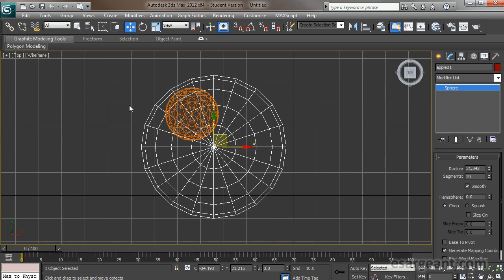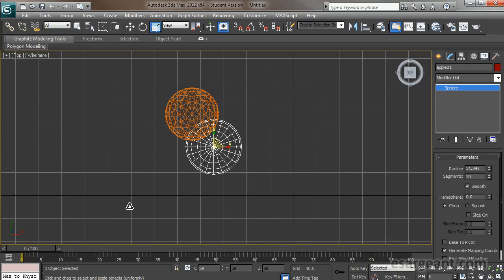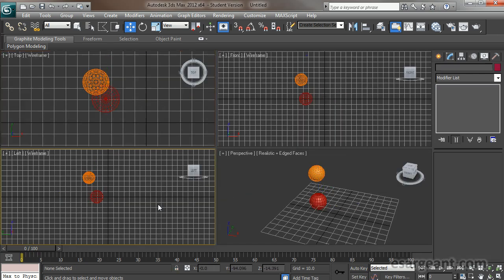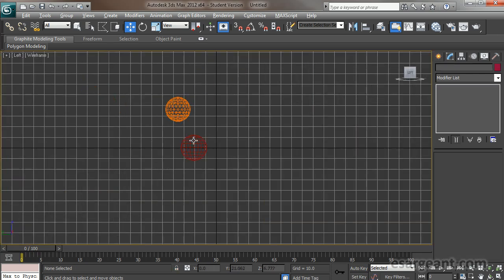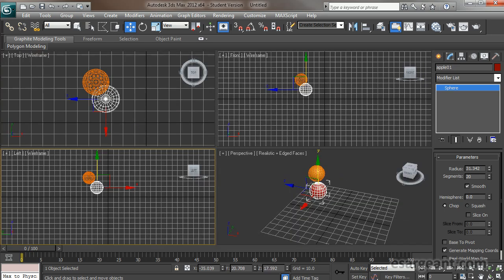And then I'll use my scale tool, which is the R key, and I'm going to scale this down so that they're roughly the same size. And you can see how I can get a really good idea of how these are positioned just by looking at this bird's eye view. If I come back out, I can come to my left view, and I can see that the height is completely wrong. So I can click on that, bring that up,